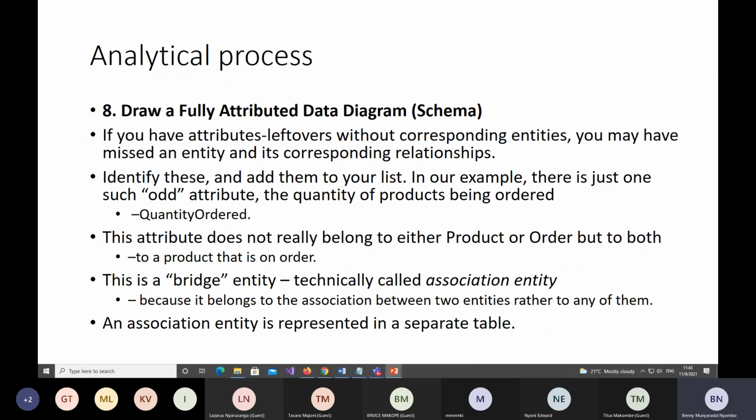Then from there, draw a fully attributed data diagram, which we call a schema. If you have attribute leftovers without corresponding entities, you may have missed an entity or its corresponding relationship. Identify these and add them to your list. In our example, there's just one such odd attribute, the quantity of products being ordered, quantity ordered. This attribute does not really belong to either product or order, but to both, to a product that is on order. So this is what we call a bridge entity, technically called an association entity,